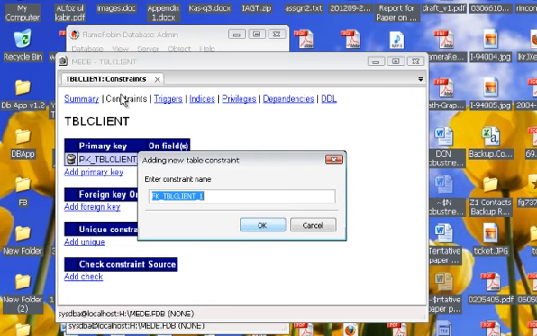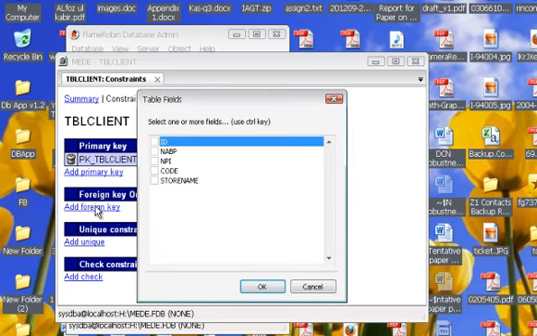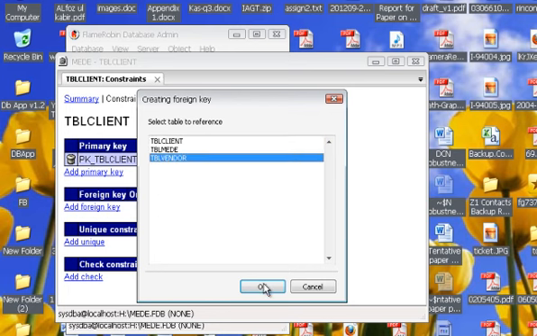Just give any name to the foreign key constraint, click OK, and now we need to select which field in this table that we are working on, TBL client, we want to make as a foreign key. So that is the code field, click OK. Now we need to select what is the source of the key, what is the main table from where the data field's value comes. That is actually the TBL vendor. Click on the TBL vendor, click OK,